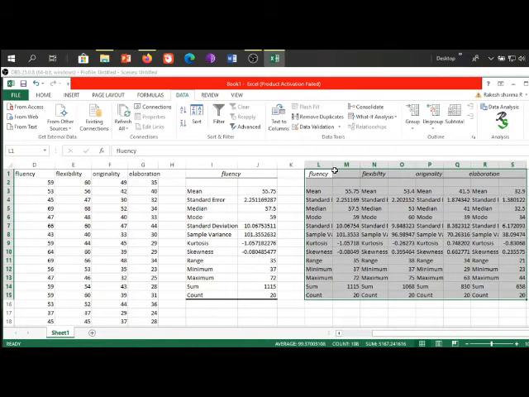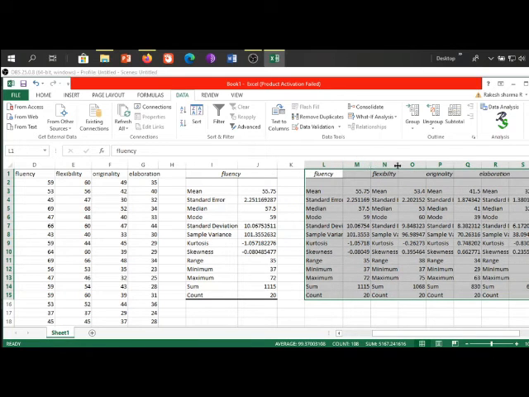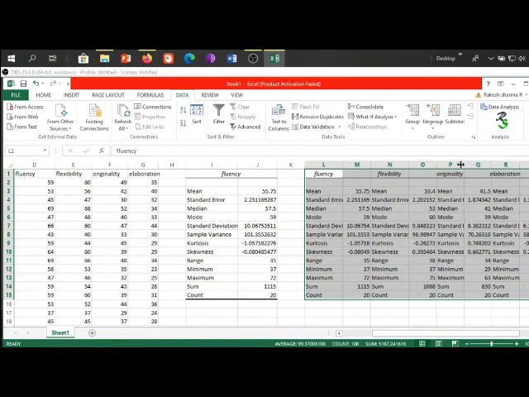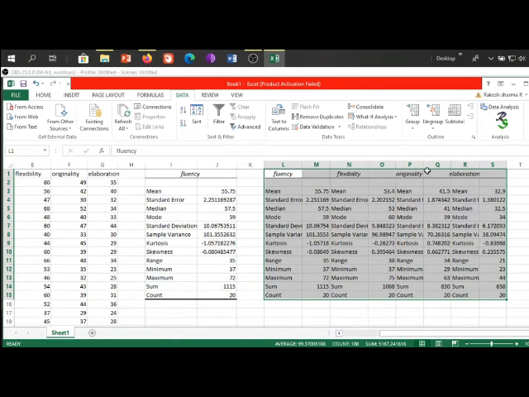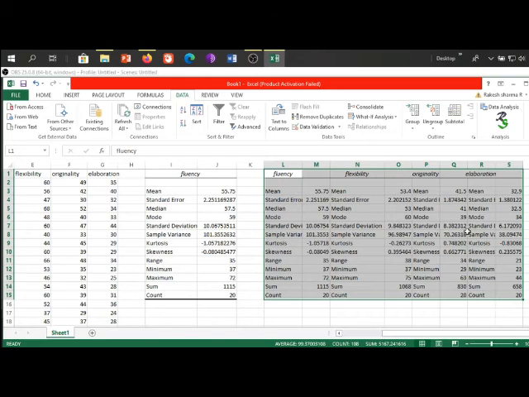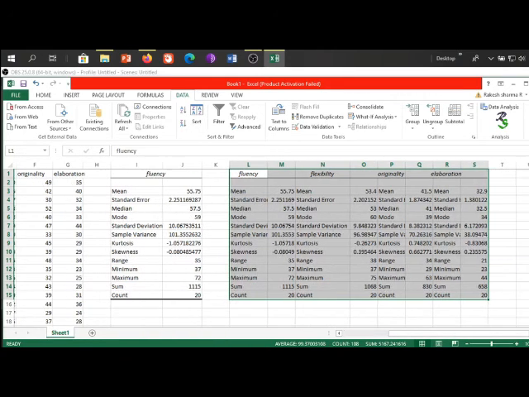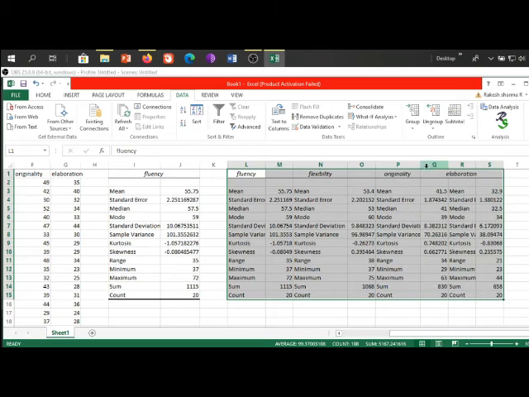Thus, we get the descriptive summary in L1, right? Fluency, flexibility, originality and elaboration, all the functions together. See, the same result is obtained here as well. So there is no chance of error being committed if you select the multiple variables holistically. So this is the ease with which Excel provides this particular function.